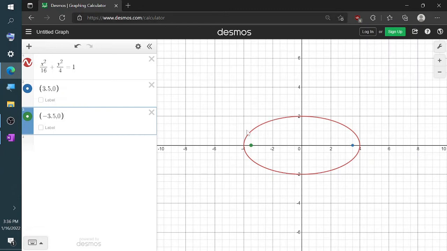So if the red curve represented the orbit of a planet, then the two focus points would represent the two possible locations of the sun in that orbit. Now this, I think, would not realistically represent any real-life orbit though. Generally speaking, if you have an ellipse with a large eccentricity like this one, the focus points end up relatively close to the ellipse itself.